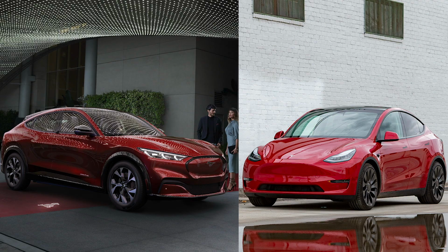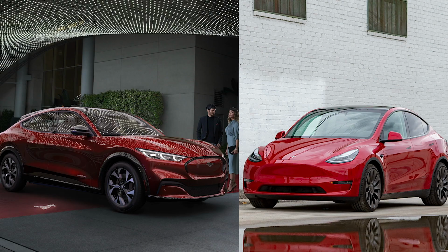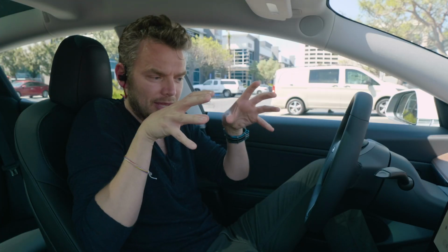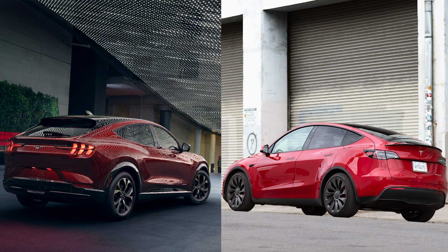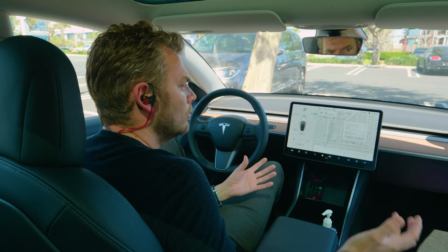Yes, the Mach-E has more jewelry, if you like, to make it look more like a Mustang, and arguably I think it's probably a little bit better looking, but the basic silhouettes are nigh on identical, and particularly the way they both have that kind of exaggerated athletic rear shoulder line. Inside too, Ford has ditched its traditional architecture for something that looks a lot more like a